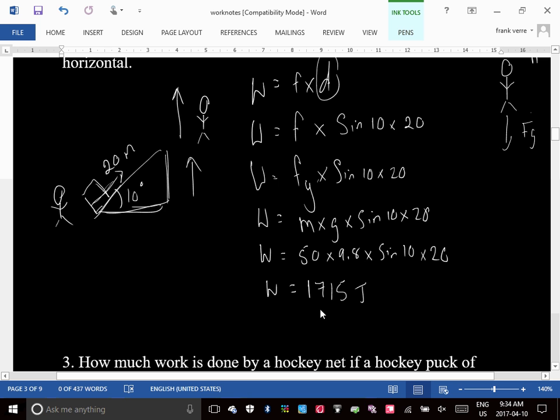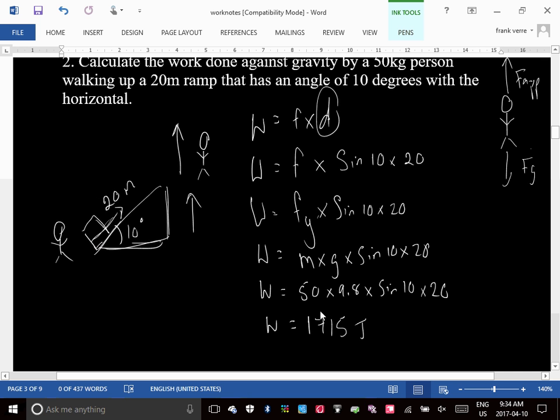Okay. Now, here's the thing. If it's not at a constant rate, I think Anissa was asking me about that. If it's not at a constant rate, then would the applied force be the same as Fg? So then you have a problem, right? Because then you won't know what that applied force is. Okay?